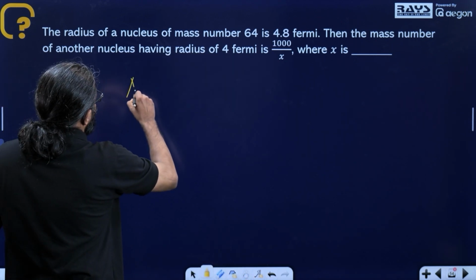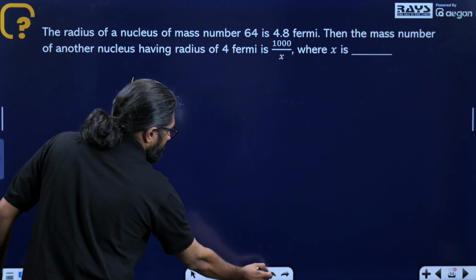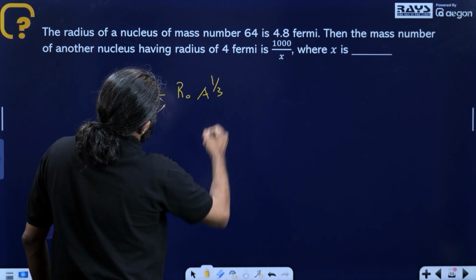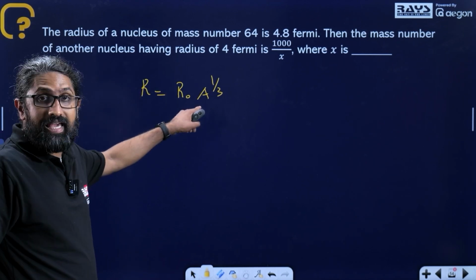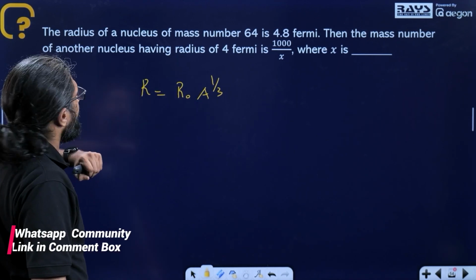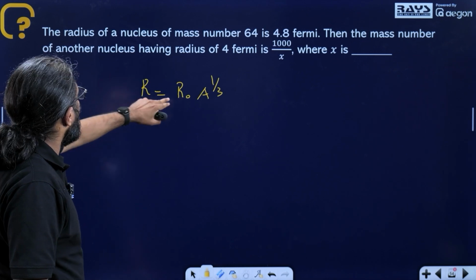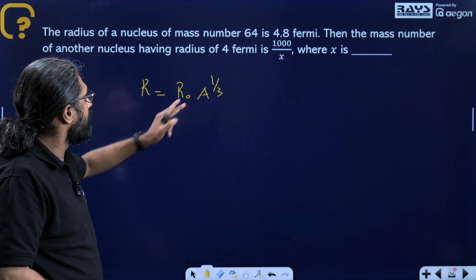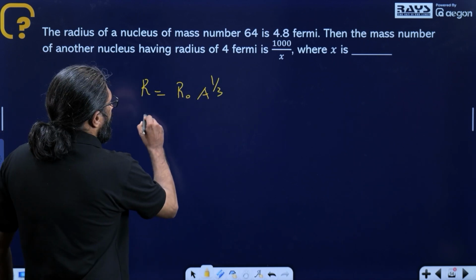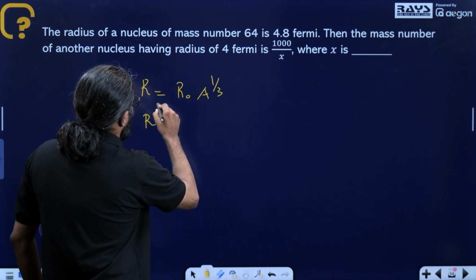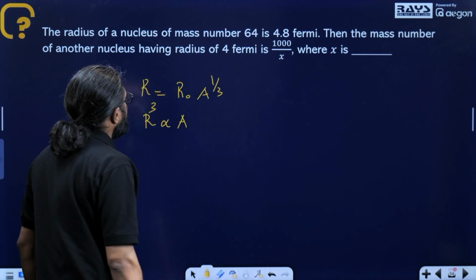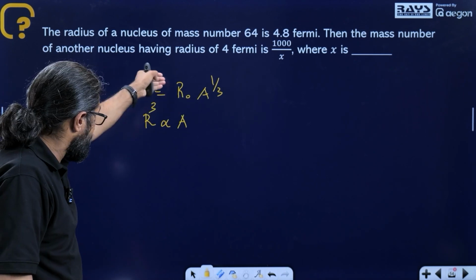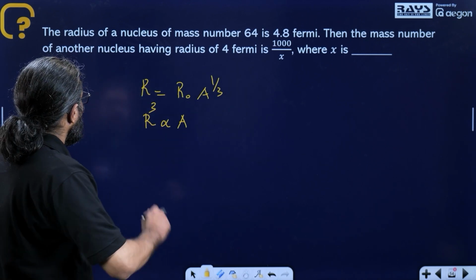Look, the equation for atomic radius is r is equal to r0 into a raised to 1 by 3, which basically means a here is the mass number, and r0 is a constant here, and r is the radius for the given nucleus. So now r is basically proportional to a to the power 1 by 3, or r cube is proportional to a. That's what you understand from this. If you cube both sides, you get this expression here, which actually means